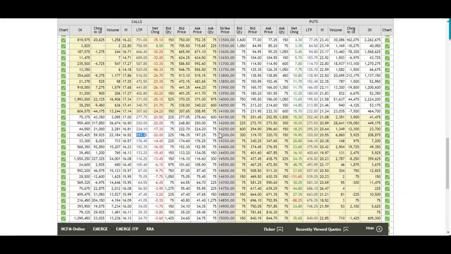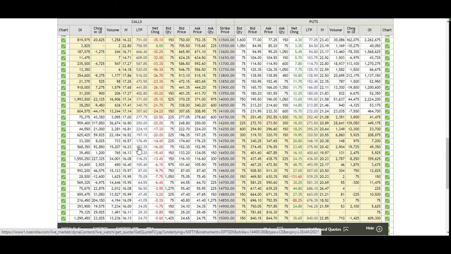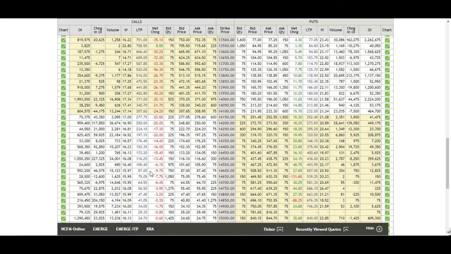If you look at the option chain, at the 14,300 strike price, buyers are ready to buy at the price of 197. At 14,400 buyers are ready to buy at 152, and at 14,500 buyers are ready to buy at 116. Here you can see the premium of the call option keeps moving down, because if the strike price is far from the current level, buyers are ready to buy only at a lesser price, because the probability is a little bit lesser.